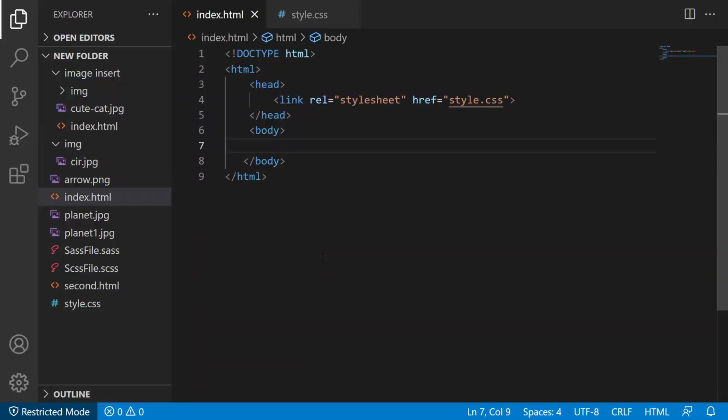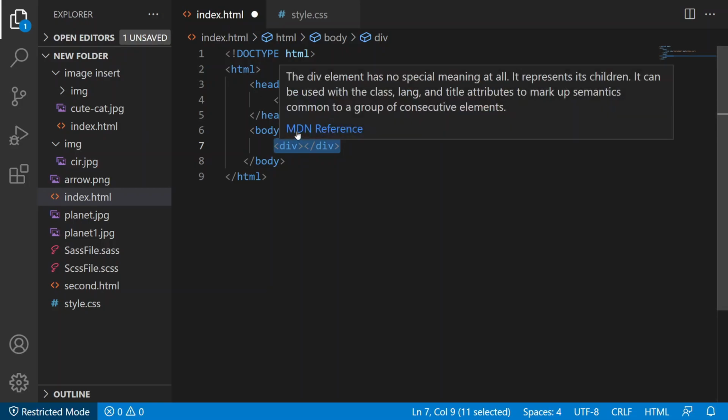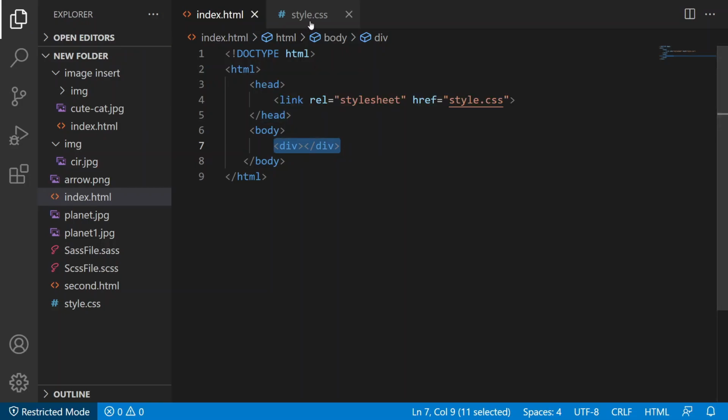I have prepared a simple HTML page, index.html, and inside this page I will create my div. So let's write our div like this. We won't do anything else in this index.html page, and we're going to style it with CSS, basically to style this div